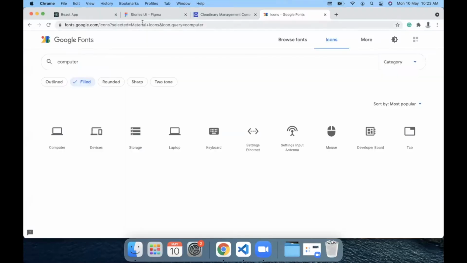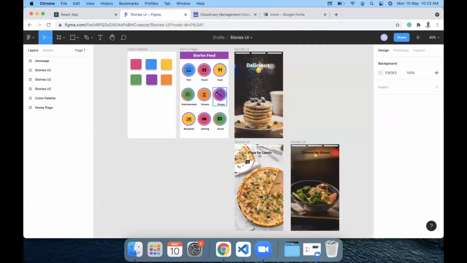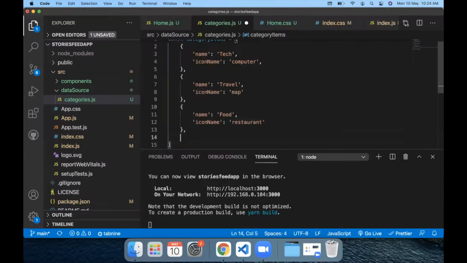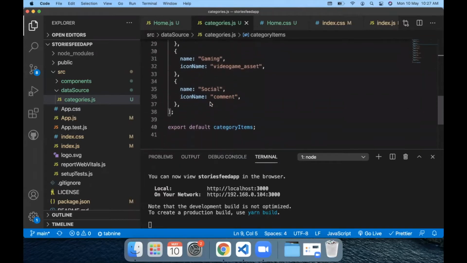So let's just add all the icons that we have. I'm going to fast forward this video so that the process is much faster. So once we have all the icons ready, we can then move over to using this JSON in our code.